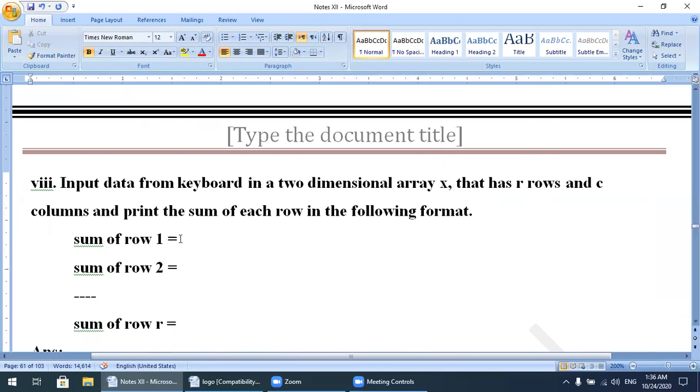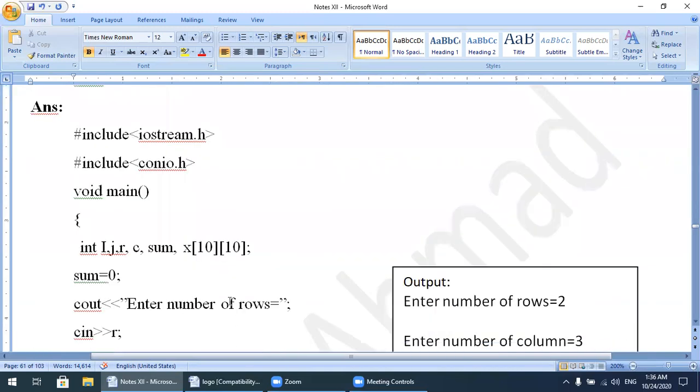So the sum of the first row will be displayed over here, then the sum of row two, and so on until the last row, R, will be displayed. The answer for this program looks like this: include iostream.h, include conio.h, void main, and